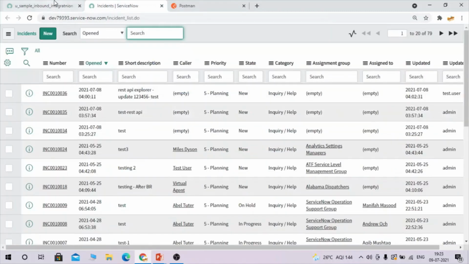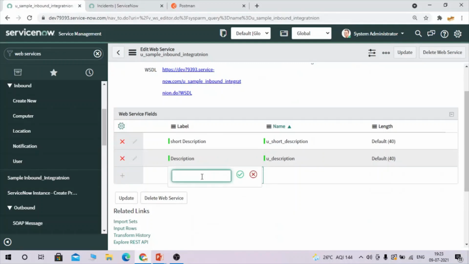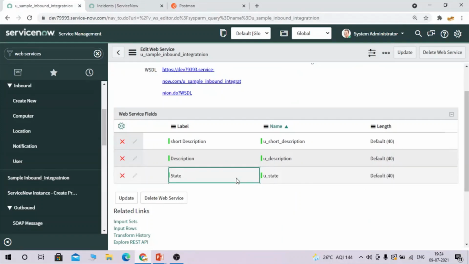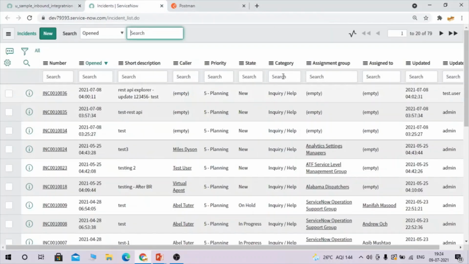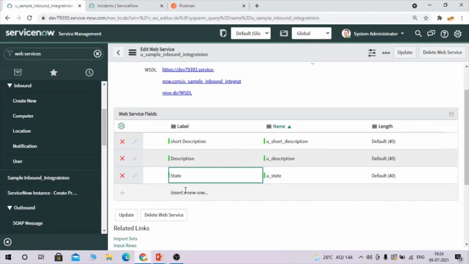You can select state if you want. You can select category, assignment group, whatever field is required.